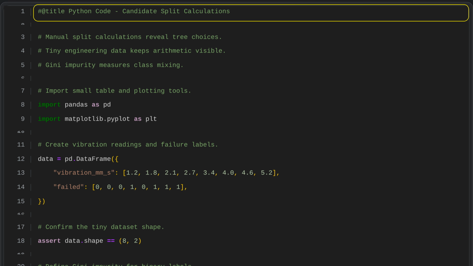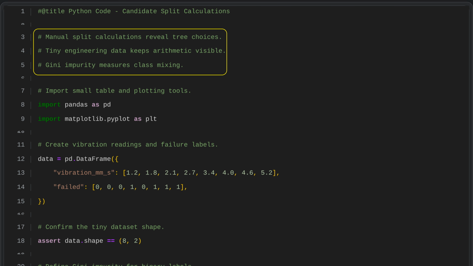Python code, candidate split calculations. Manual split calculations help show how a decision tree chooses between possible splits. Using a tiny engineering dataset keeps the arithmetic easy to follow, while Gini impurity measures how mixed the classes are